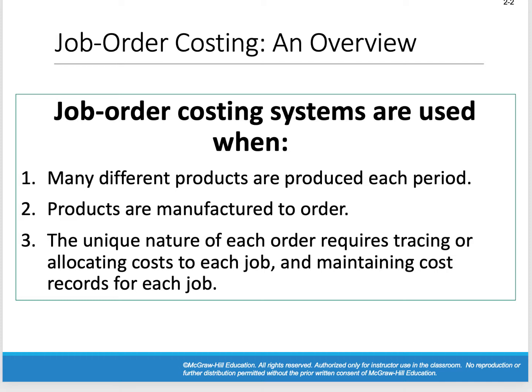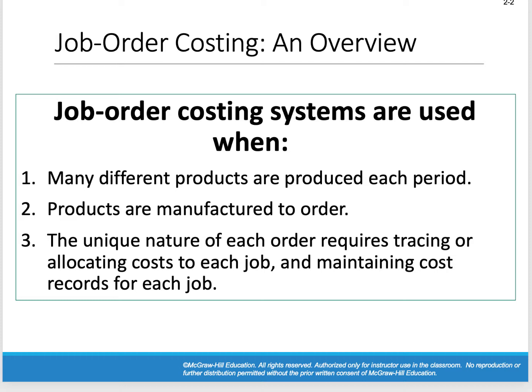Okay, now because we have a number of different jobs going on, meaning let's say I want a house built. We'll pick on Dina. She wants a house built, and we'll pick on Amanda, right? The three of us want to purchase a home, but we want it built to our specifications. Well, maybe Dina just wants something like a one-bedroom house with maybe a spa-like bathroom, okay? Maybe Amanda wants a different house. Maybe instead of a one-bedroom, she wants a three-bedroom house, and she has certain specifications that she wants in her house. And then there's me, and I'm going to go all out and say I want a mansion,